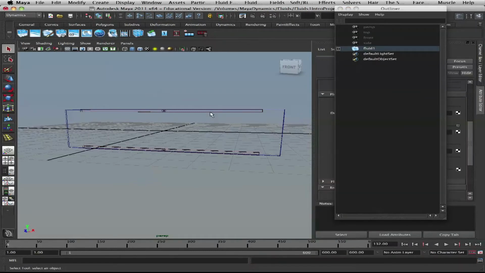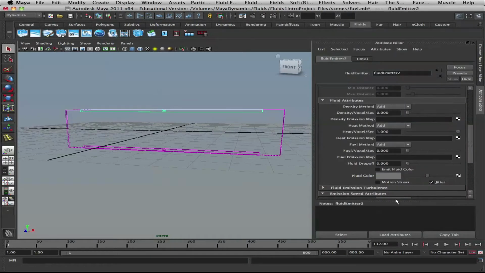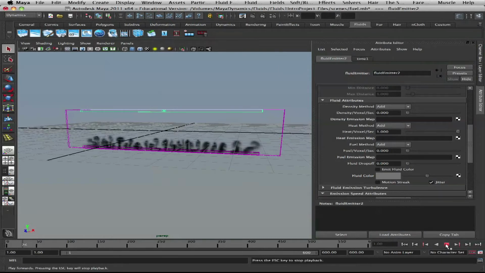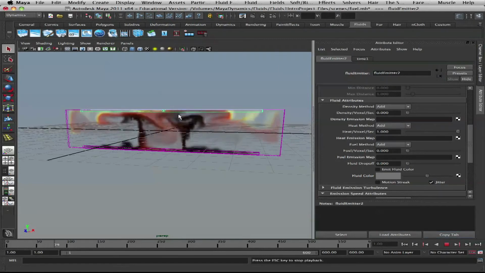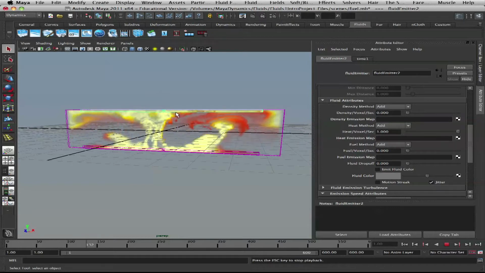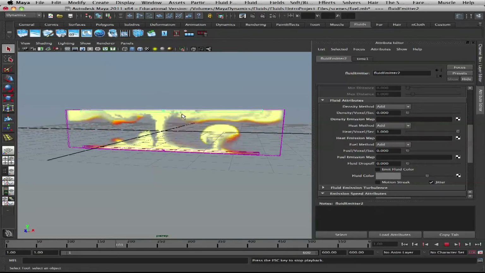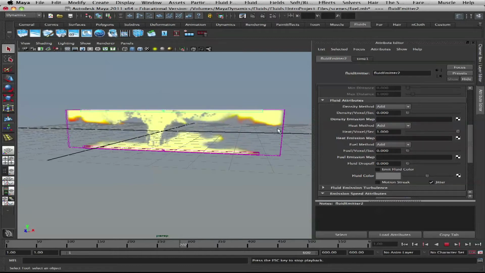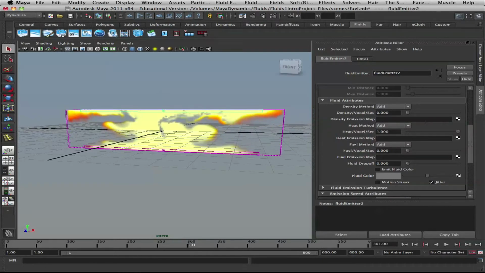So I have two emitters here. One emits heat, one emits fluid, and then look what happens. We have fuel comes from the bottom, it hits, it lights up, and then we have everything lit up. We have reactions. So this container, as you can see,